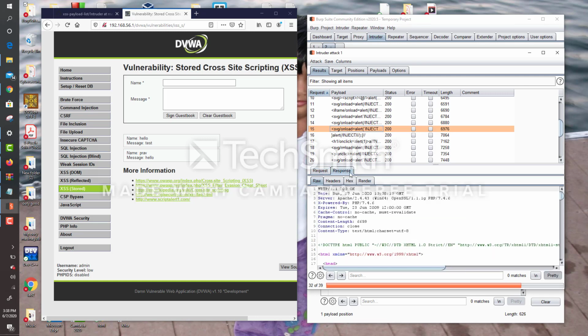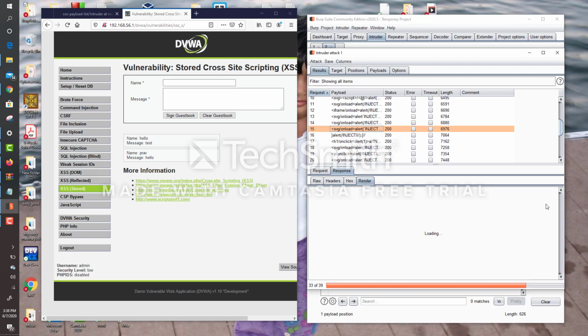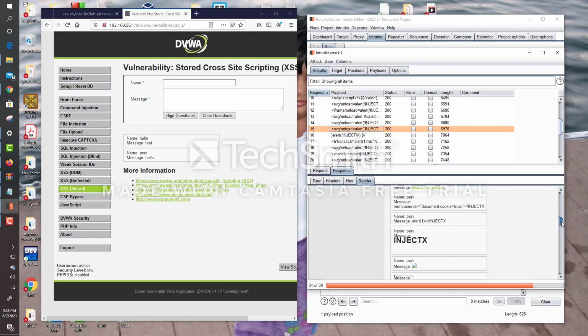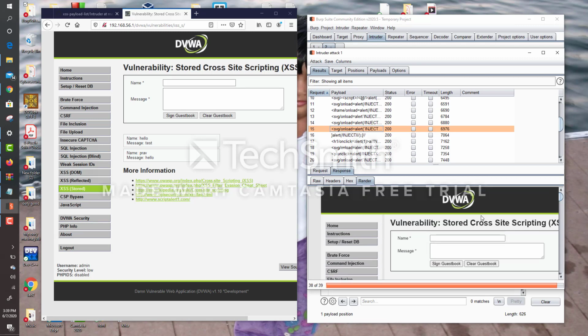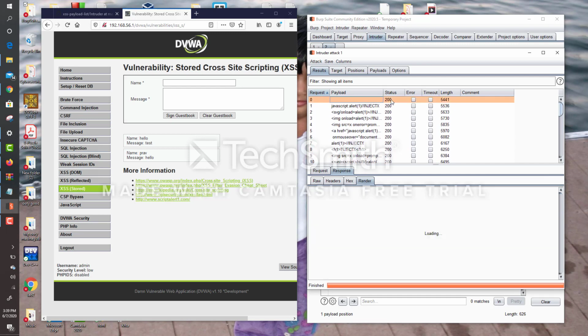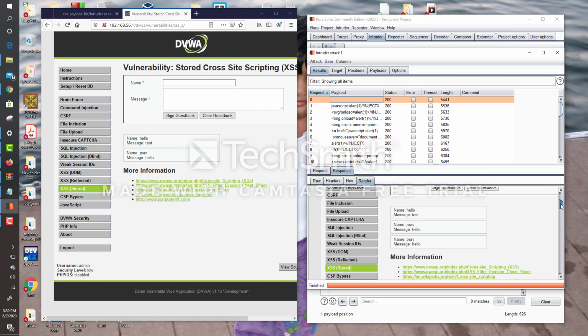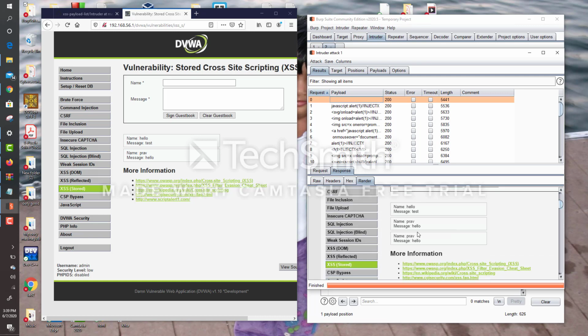You can go to Response, Render, and you can see how it looks on the website. Now you can see it's different from how it looks here. Every single one is being recorded and it looks very different from how the first one was. Wait, I'll show you the first one. There's nothing here, no input, just Prav and hello. So you can see it's like that.